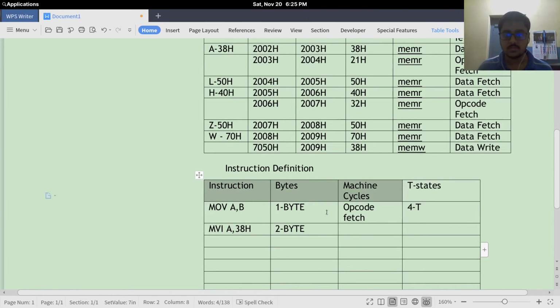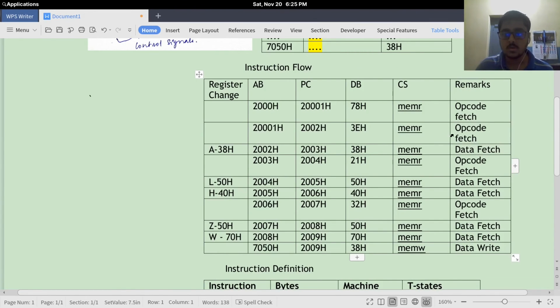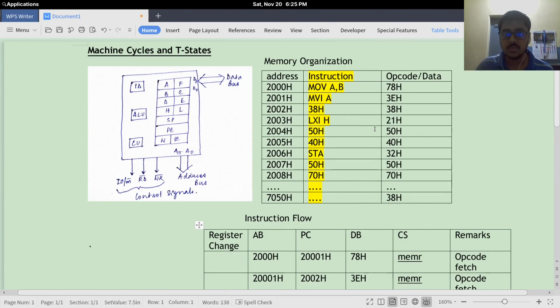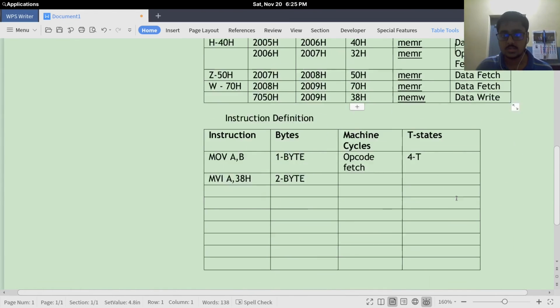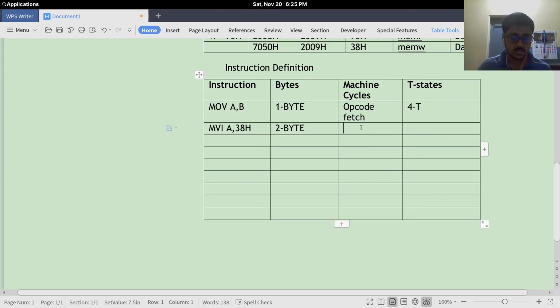First, from the instruction flow you can decode what the machine cycles are. So for MVI A, 38H we needed one opcode fetch and one data fetch. Okay, so these are the two machine cycles.